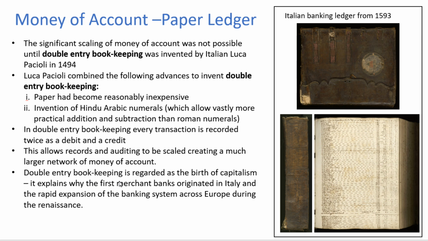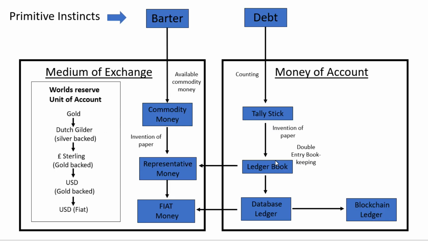And so double entry bookkeeping is regarded as the birth of capitalism, and it explains how the initial merchant banks originated in Italy, and how along with the Renaissance period we had this massive expansion of growth, knowledge, and prosperity originating in the Italian area, because it was the Italian city states from which this double entry bookkeeping technology originated. So, following the Renaissance period and the use of ledger books, we see capitalism expand, and